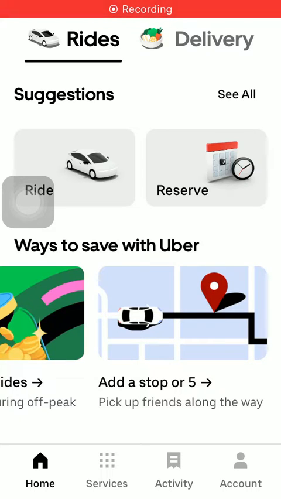Hello guys, in this video I'm going to show you how to add stops to your ride on the Uber